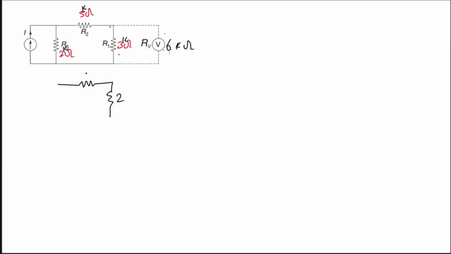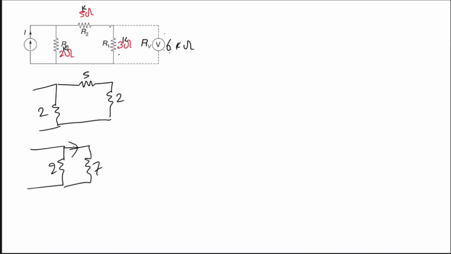This is 2 unit, this is 5 unit, and this is how much? This is your 2 unit, and here is the current. So this is 2. इसको आप शॉर्ट में ऐसे लिख सकते हो, I mean, this is your 2 and this is your how much? 7. So what is the current flowing through 7? So current के लिए आप क्या लिखोगे? 2 into 7 के through निकाल रहे 2 को ऊपर लिखो. Opposite is 2 divided by sum of these two resistances, that will 9. So 4 by 9 ampere.